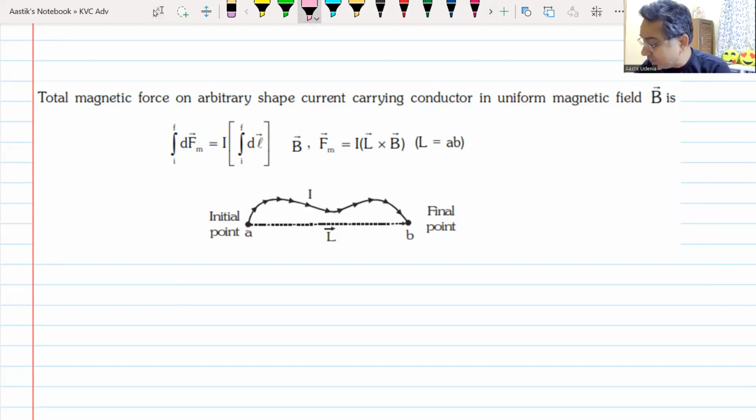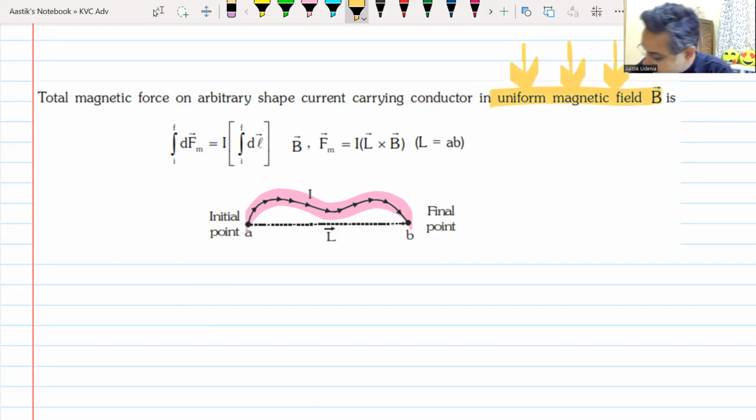Suppose you have an arbitrary shape current carrying conductor like this, the pink one, and you are supposed to find out what is the force acting on this arbitrary shape loop. Remember, it is placed in a uniform magnetic field. We are only dealing with the cases where the magnetic field is uniform. Do we understand this? Yes. So if this arbitrary shaped loop is placed in a uniform magnetic field and it carries current in the pink direction,